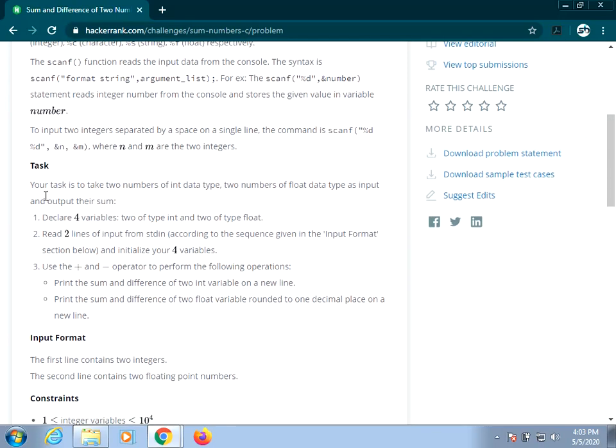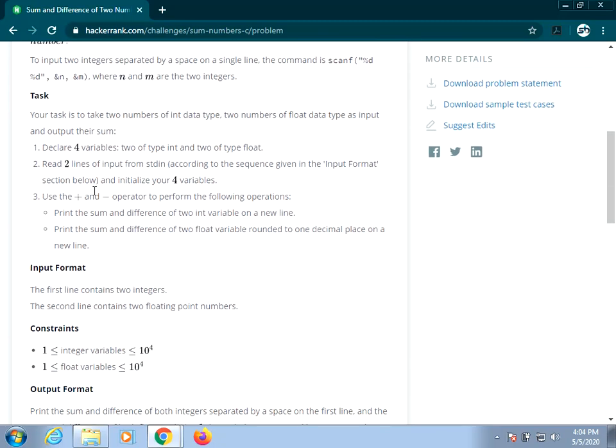And the task is to take two numbers of int data type, two numbers of float data type as input and output their sum. That is, you have to take two integers and two floating point values and print their sum. So the task is to declare four variables, two of int and two of type float.